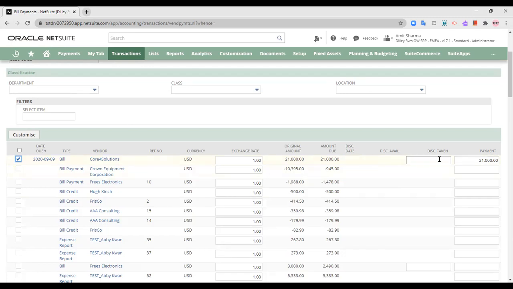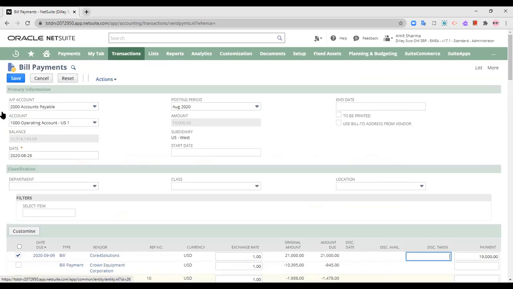I can put a discount taken of 2,000 over here, and the amount will automatically be calculated at 19,000. And by this, I can just save, and I can actually make the payment over here.